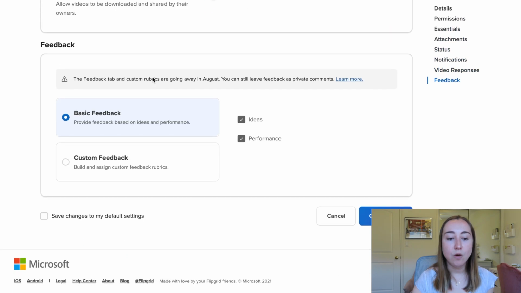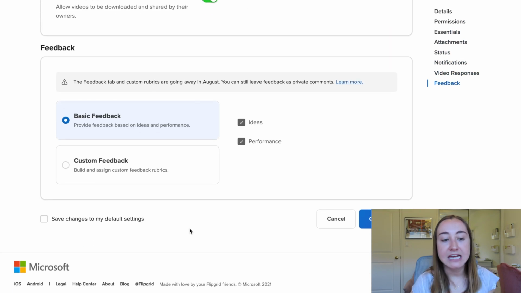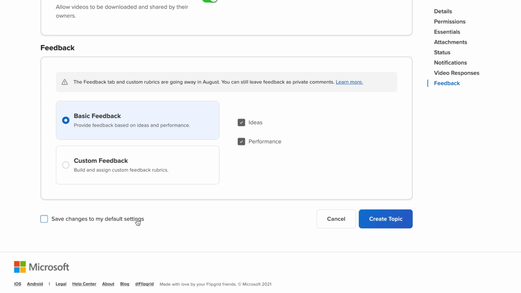The last thing is you can choose to save these settings as your default settings, if you would like. Now, this is up to you. For me as the teacher, I like to use Flipgrid in a variety of different ways, so I don't have this set up as my default settings. But for example, if you never want students to be able to comment, you might want to set that up as your default settings so that you don't have to change it every single time. Now that I'm ready to go, I'm going to press on this button here that says Create Topic,